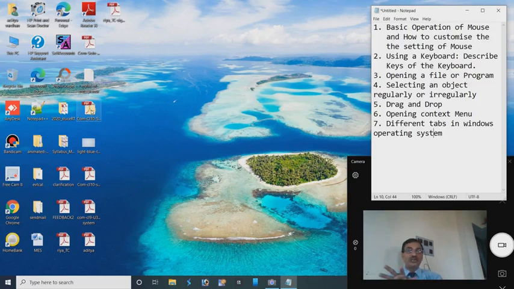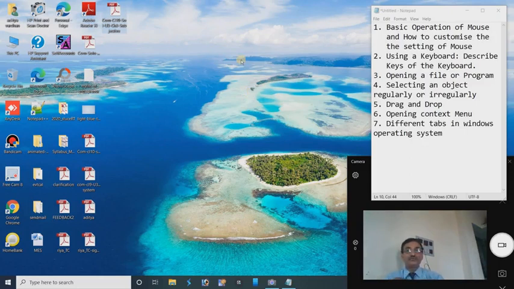Point to an object, hold down the left mouse button and drag the mouse pointer along with the icon selected by you, and then drop it. Drop it means release. Now release the mouse button. This must be dropped at that position about which I have previously told you.